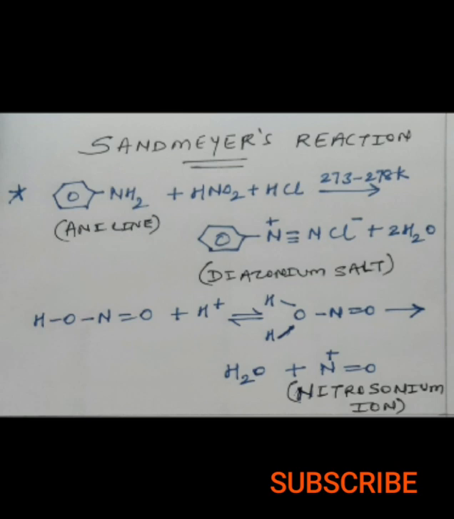On your screen, you are able to see a precursor step to the Sandmeyer's reaction. It's not basically a Sandmeyer's reaction, it is just a precursor step. What is happening here? We are taking an aromatic amine, aniline. This needs to be treated with a mixture of sodium nitrite and HCl at low temperature conditions, right? This mixture of sodium nitrite and HCl is called the diazotization mixture, and the reaction is called diazotization.